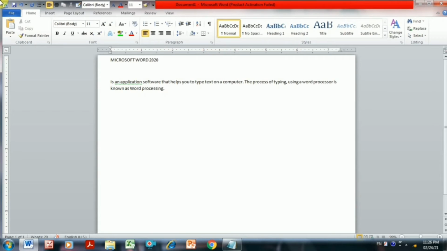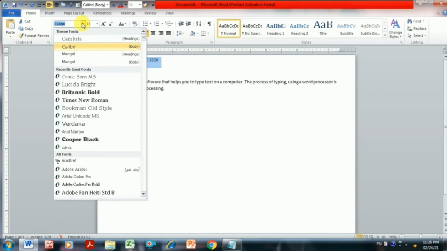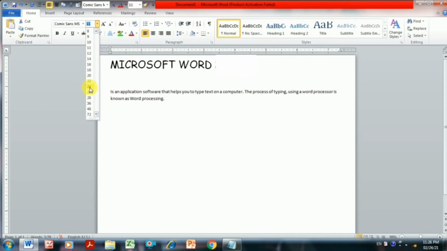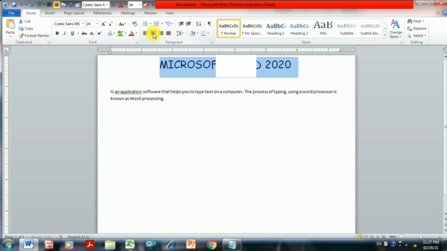See, I have typed some of the things here. So, Microsoft Word 2010 is my title. So, I will just select that text, what I need to format. From the font group, I will change the font style. I will change the font size. I will make it enlarge. And from the paragraph group, I will make it center align.